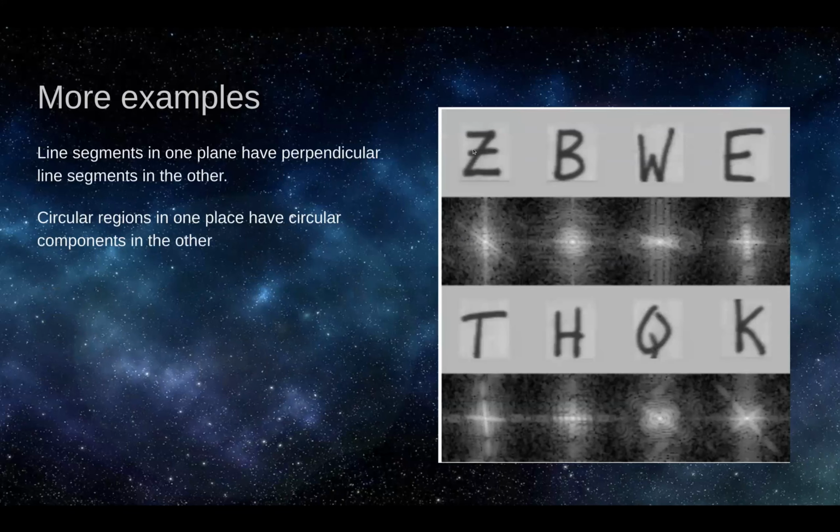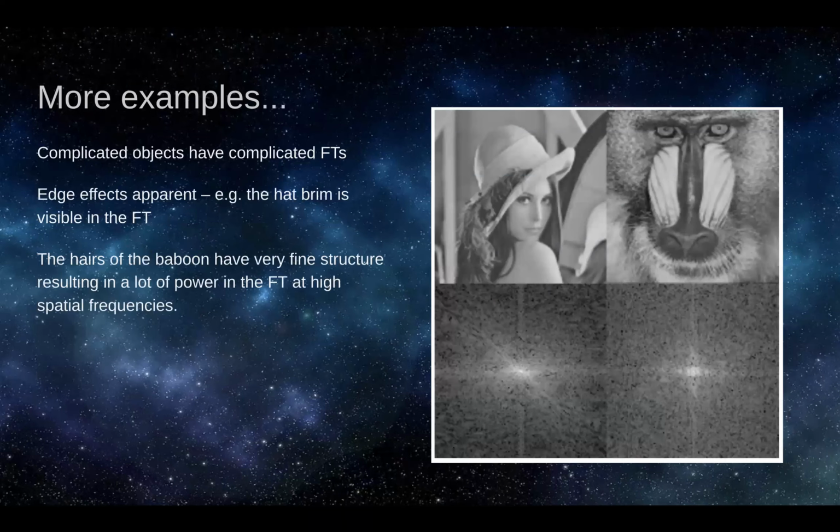You can see, for example, the Z or the T look pretty clear. Even the Q does, but something more complicated like B, or even W, looks a little weird in the Fourier transform. Once again, this is really just me trying to give you more intuition for the Fourier side of things, what we're really doing in practice. And here we go, some more examples. Complicated